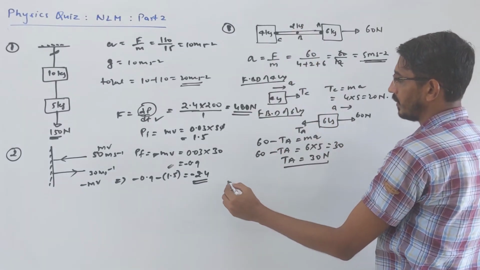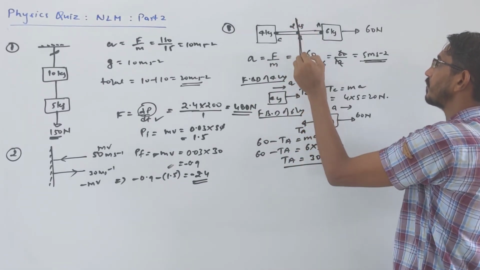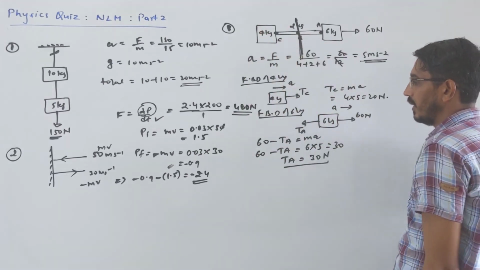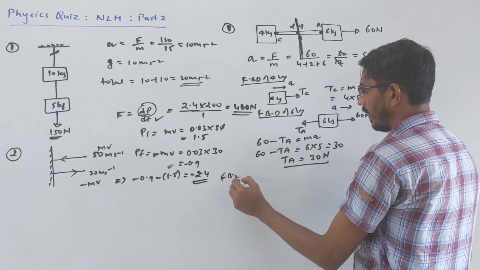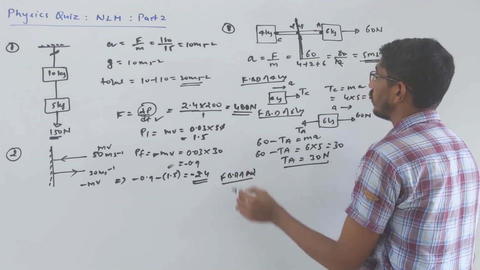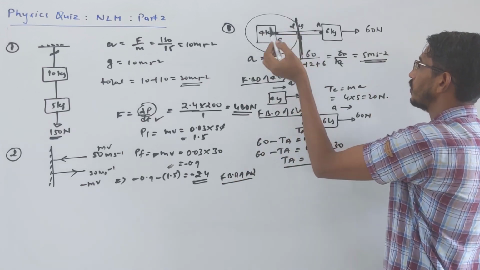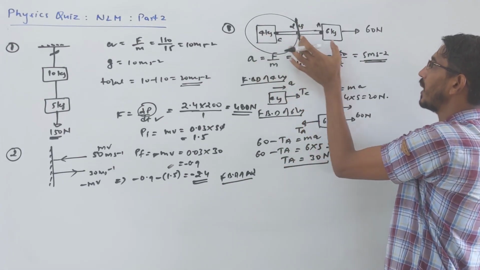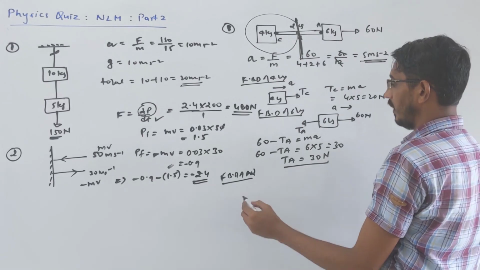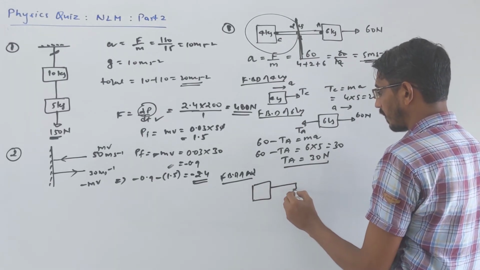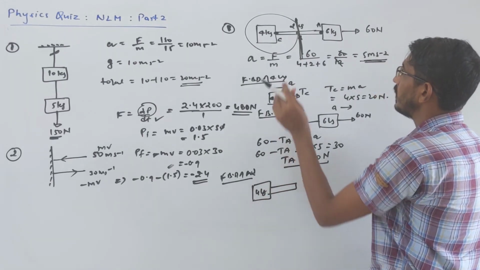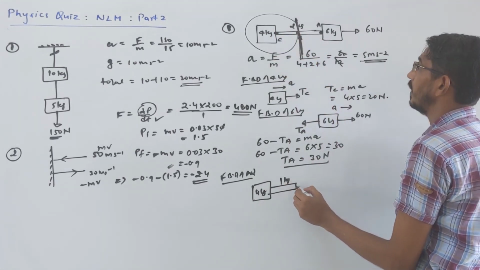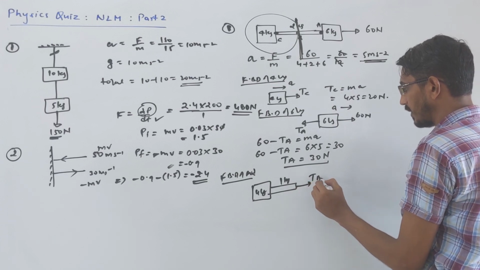Now we have to find the tension at point B. Correct? So you can cut from here. You can take this piece or that piece, your choice. I am writing the FBD of the rope part. I am taking this part, you can take that part also. You should get exactly the same answer. So this is the 4 kg block plus half the rope here. This rope has a mass of 2 kg, half rope we took, so this is 1 kg mass. And at this point we call the tension TB.